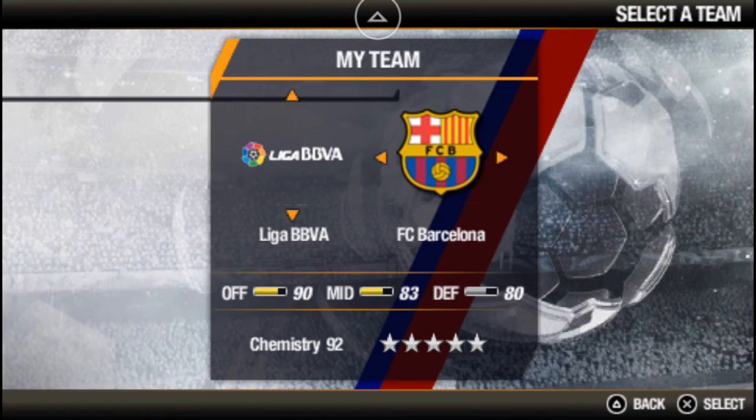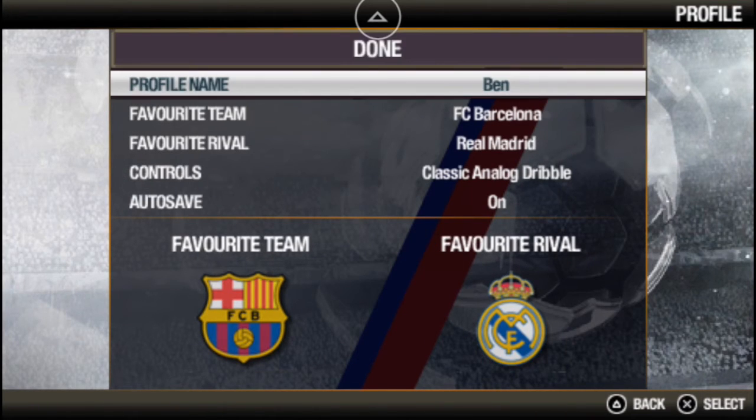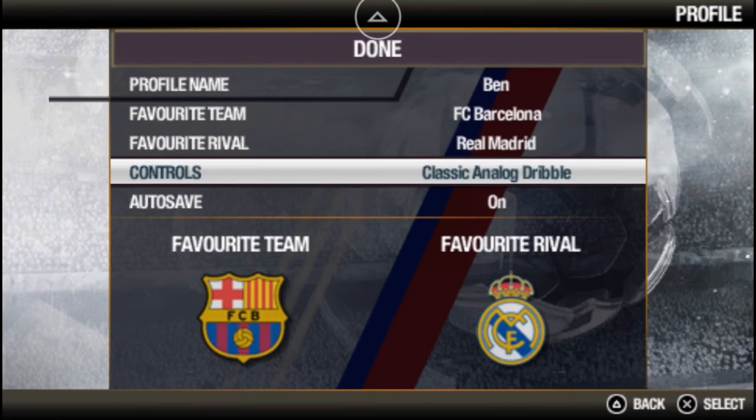FC Barcelona. Oh, did I say Real Madrid? Yeah, okay, that was definitely a mistake. I do not like Real Madrid. I'm a Barcelona fan. If that offends anybody, then sorry, but it's true. So, anyways, that's right. Real Madrid is our rival. Okay. Anyways,